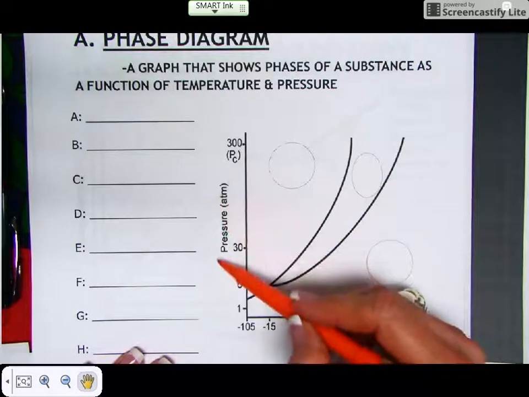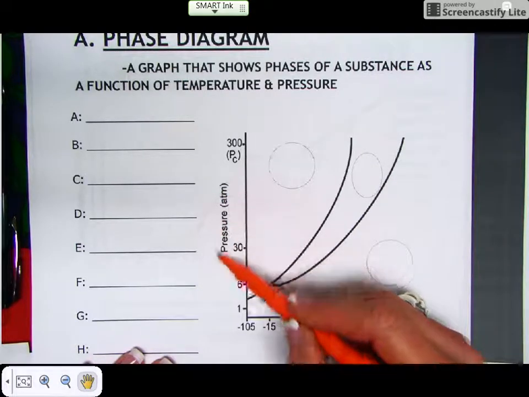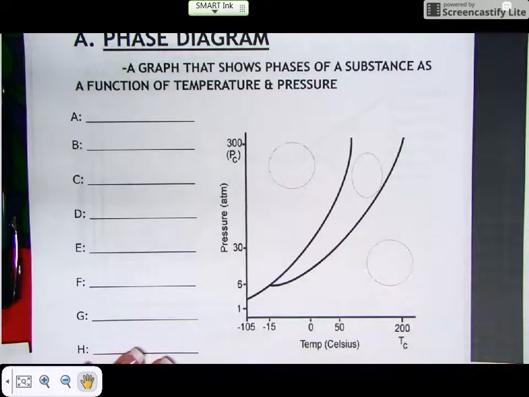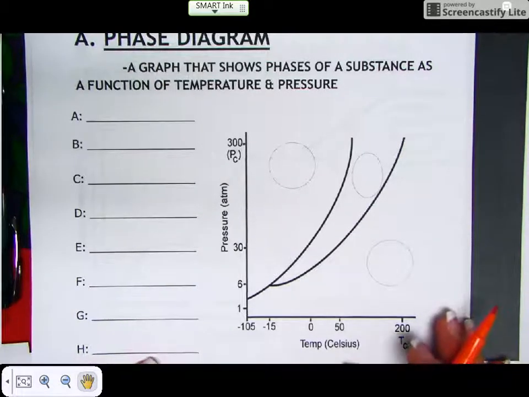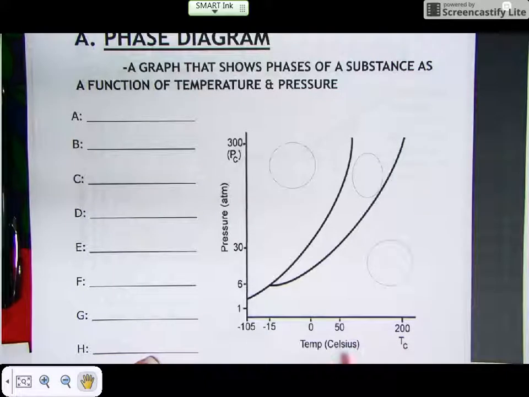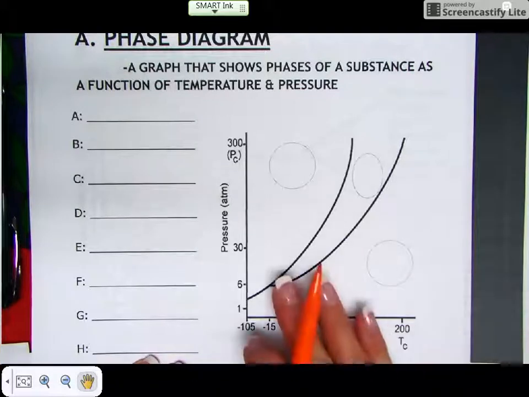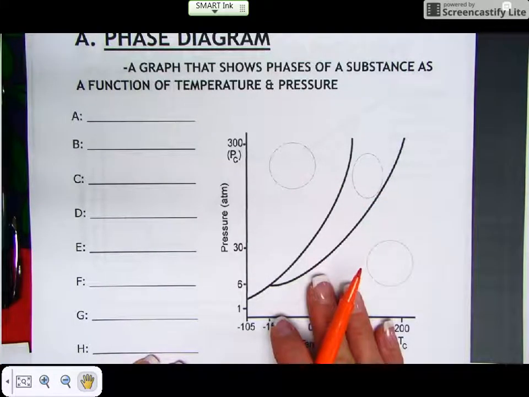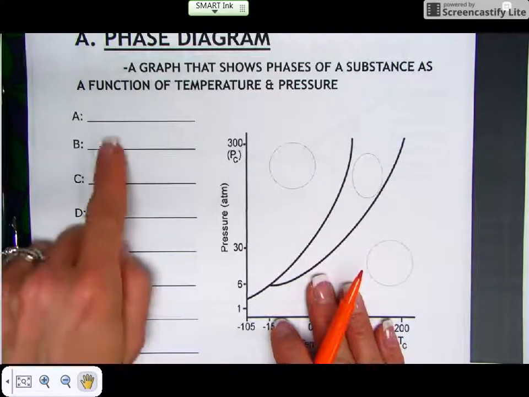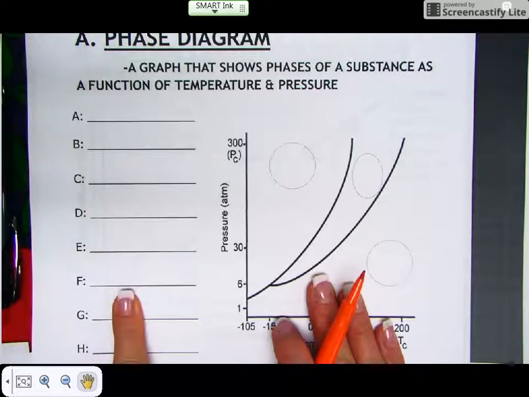you'll see that on the y-axis, pressure is listed, and pressure could be in atmospheres, kilopascals, torr, any of the pressure units we've learned about. And then our temperature is typically in Celsius. Now, what I'd like for you to do is we're going to put some letters on our graph, and then we're going to come back over here,